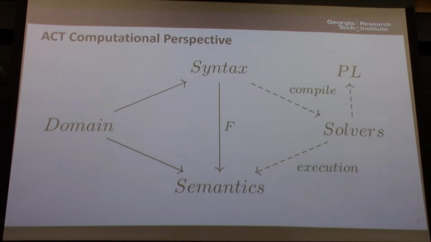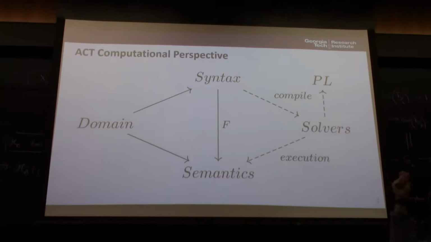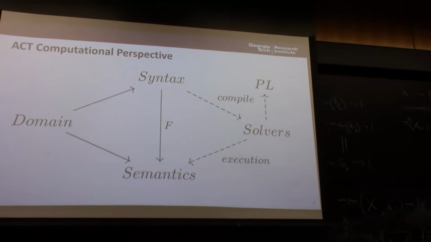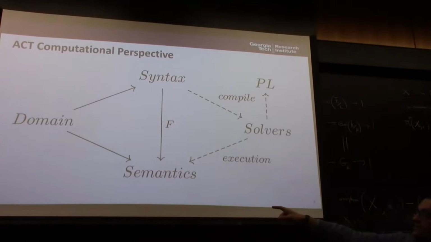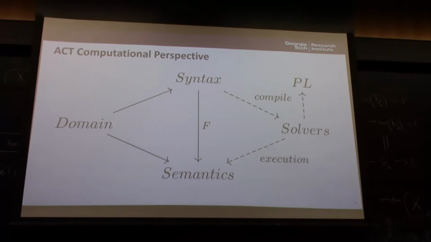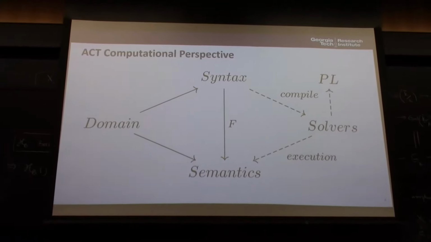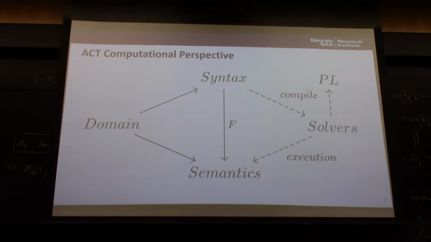But then we need to actually compute stuff. And so this whole right-hand side is about computing. I want to take an example of a model described in the syntax, so this circuit diagram, and generate a program with a compiler that when I run that program, I get the voltages out, right? F is functorial, meaning that it preserves the composition and tensor product in the syntax. So whatever combinations you can do in the syntax, you can also do in the semantics, and F preserves those relationships. But when we're talking about code, I don't want these to be functorial, because functoriality in the code is